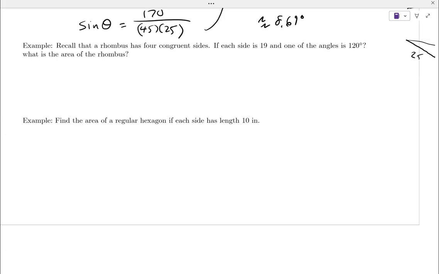We have a rhombus. Rhombuses have 4 congruent sides. They tell us that each side is 19, and one of the angles is 120, and it wants the area. So if I draw the picture, however you want to draw the picture,